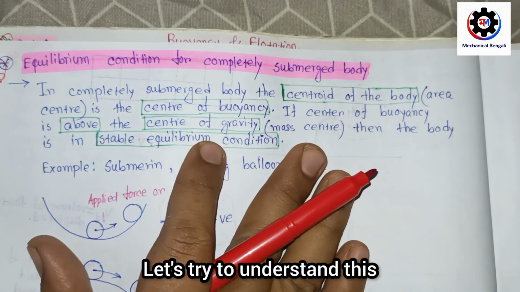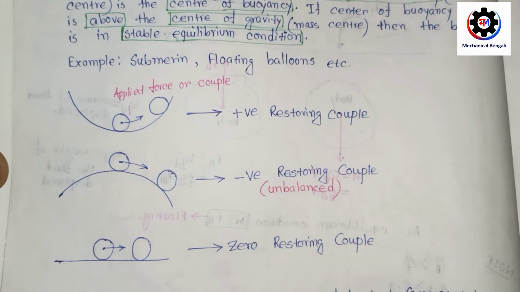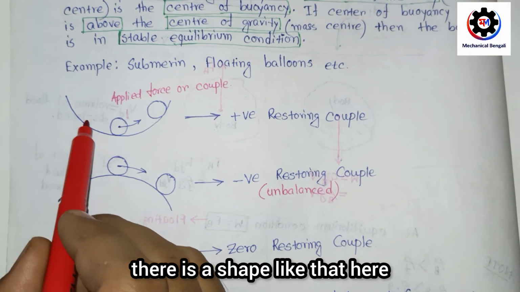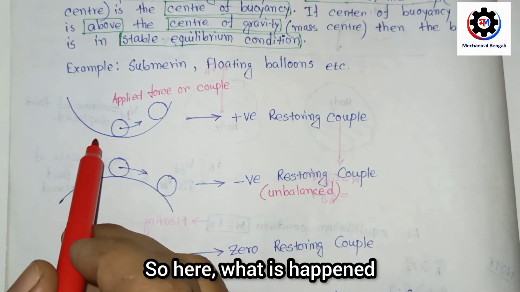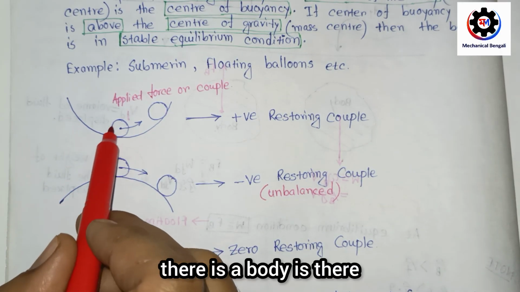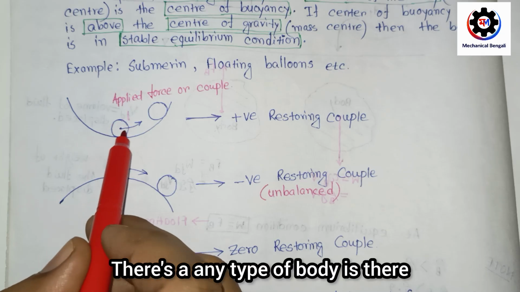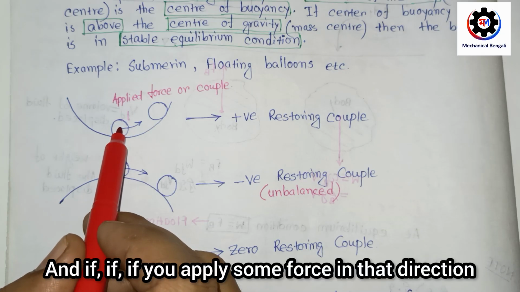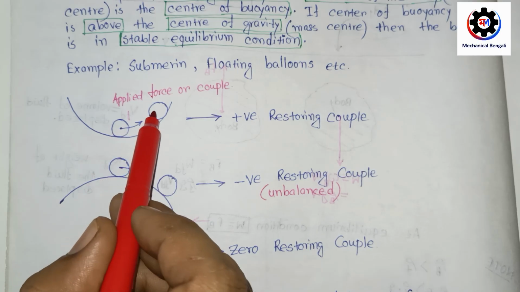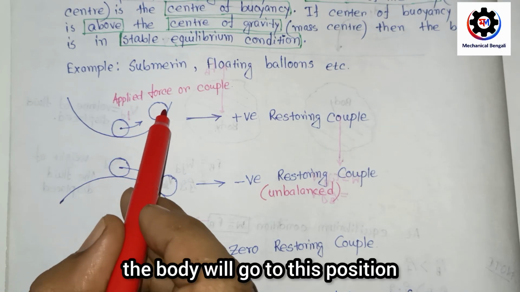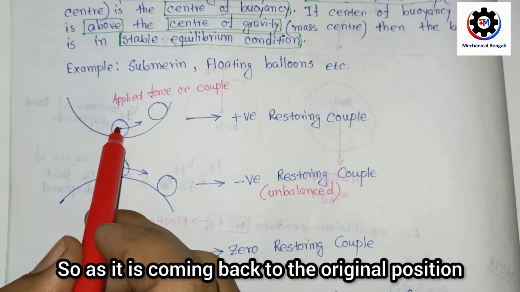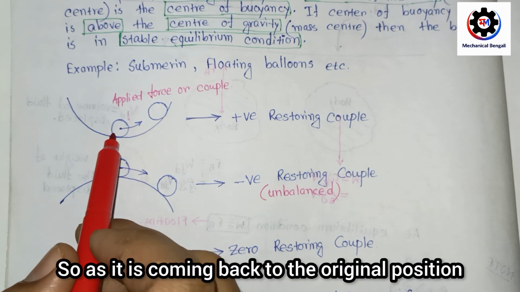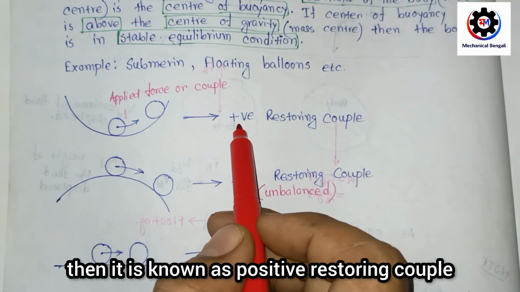Let's try to understand this. Suppose there is a bowl-like shape here. There is a body of any type here, and if you apply some force in that direction, the body will go to this position and again come back to the original position. As it comes back to the original position, it is known as positive